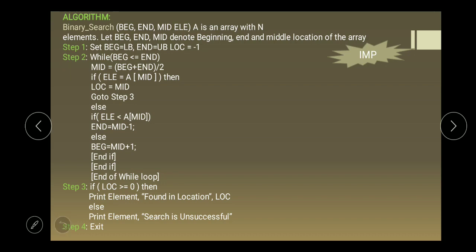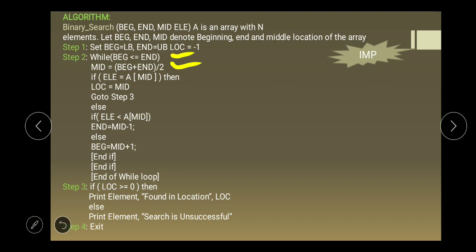Step 2: while BEG is less than or equal to END, we find the middle element using the formula BEG plus END divided by 2. We get our middle element. Then we compare: the element is equal to middle, less than middle, or greater than middle.